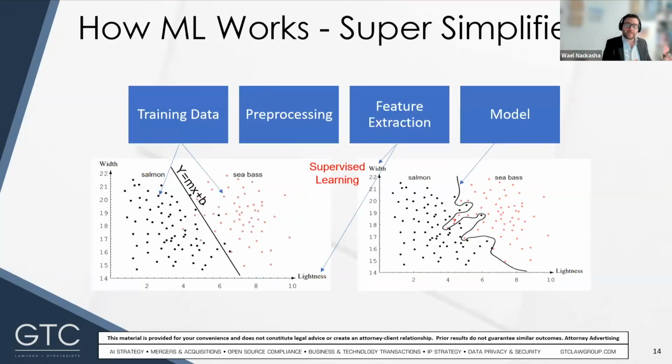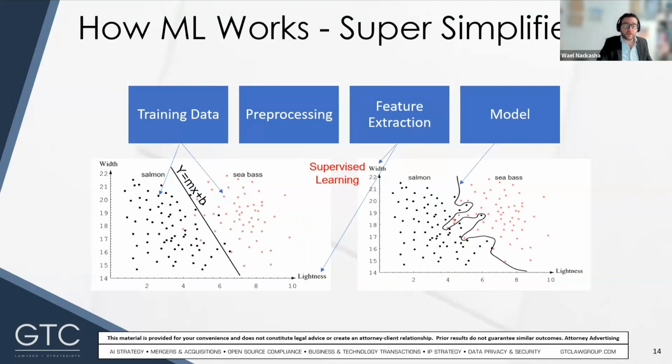So you have training data, right? Which is, in this case, a pool of data, which is a lot of sea bass and salmon fish photos. And you need to generate a model that can be used so that you give it a fish image, and it tells you if it is a sea bass or salmon. Some images in the data set may be of bad quality. So what you need to do now, you need to pre-process the data to basically clean it up. For example, correcting some photos that aren't clear, fixing contrast, and removing bad data.